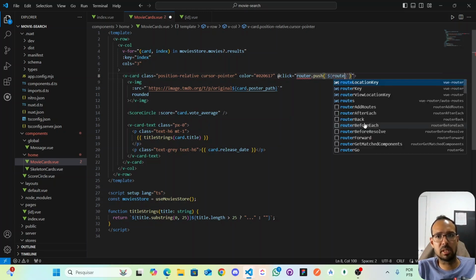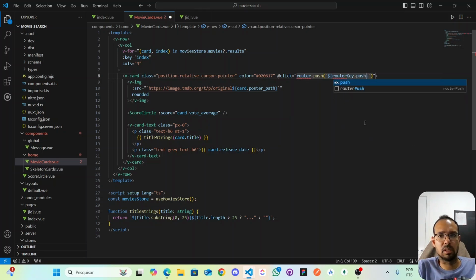So I'm gonna put slash, like router.push, and we have, let me think. We have this. Oh, what am I doing? I already have router.push here. I'm confused. String template here, slash, and then we have